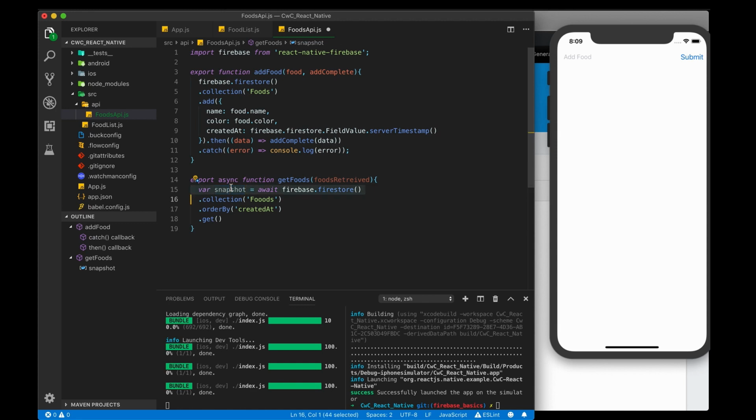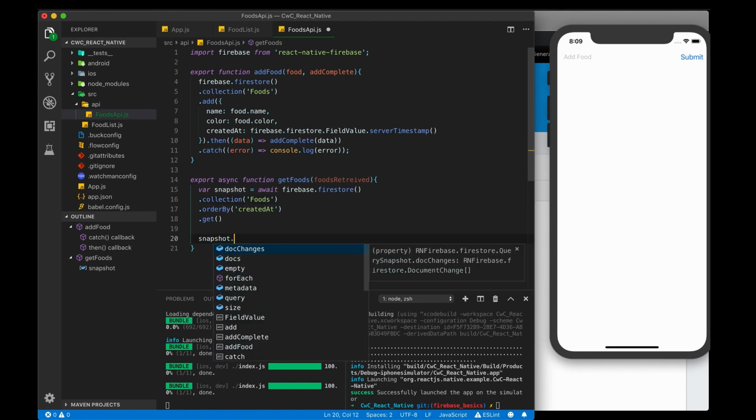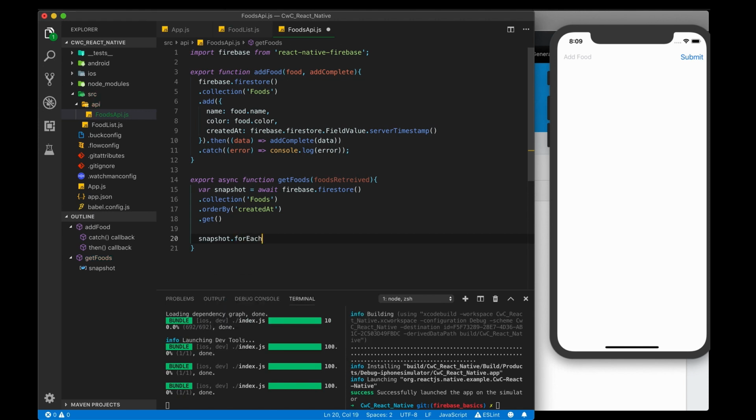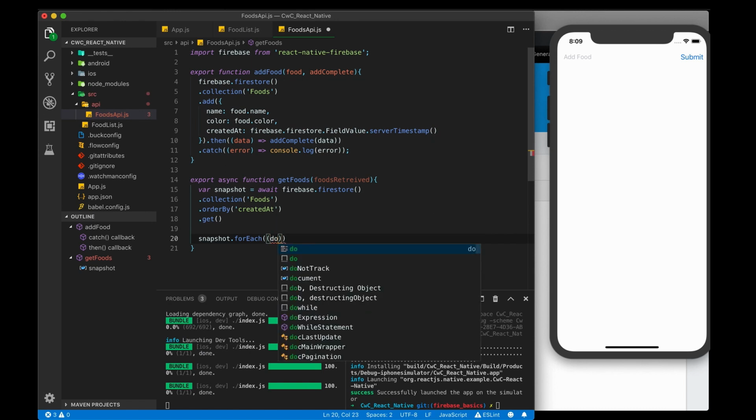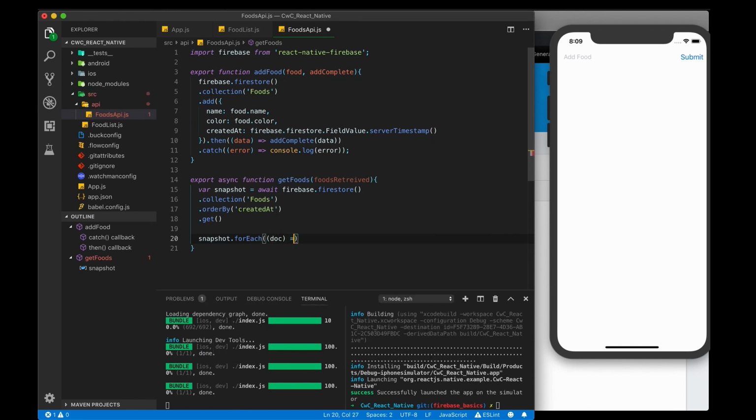So what do you want to do with the snapshot? So after we retrieve our list here, we do snapshot dot for each. And then we get back a document. So I'm just going to call this doc. And what do we do with this doc each time? So I mentioned earlier that we want to have all of our Firebase related code in here. That will include things like document snapshots and query snapshots. I want this function to send us back a list of food items. But what we get back from our Firebase call here is a list of snapshots. So we want to convert that to a list of